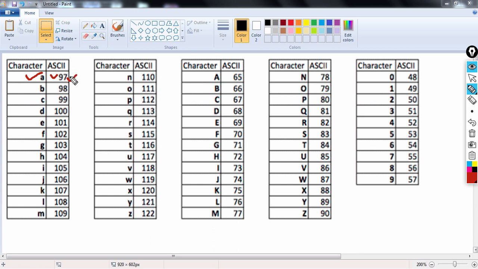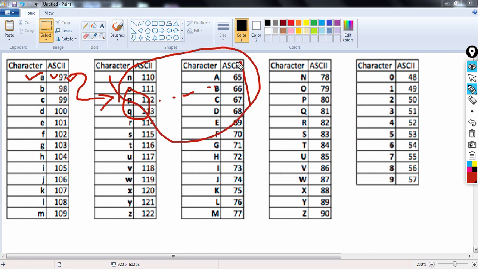And this 97 will be converted into the binary form. So it will be a sequence of zeros and ones. So this sequence will actually be represented in the computer. So the computer will understand that whenever this sequence of binary is used, it will represent the small letter a.